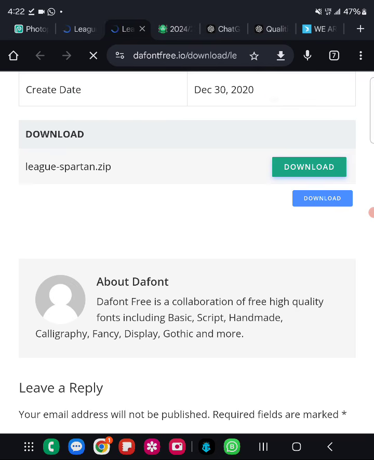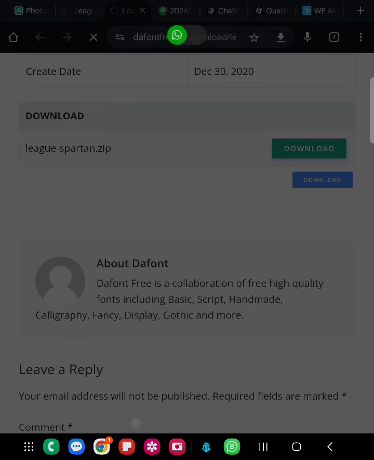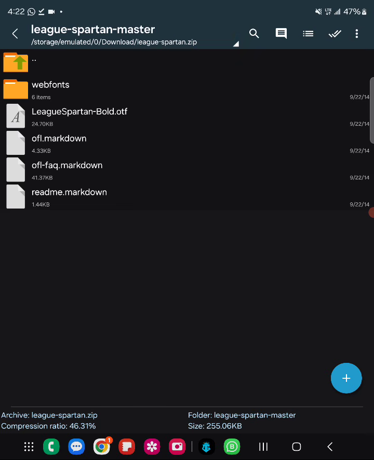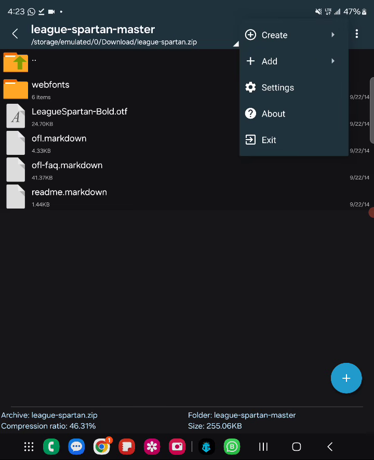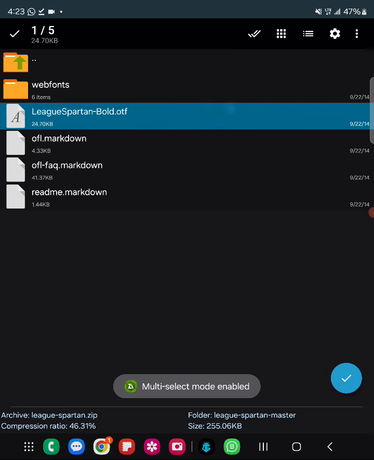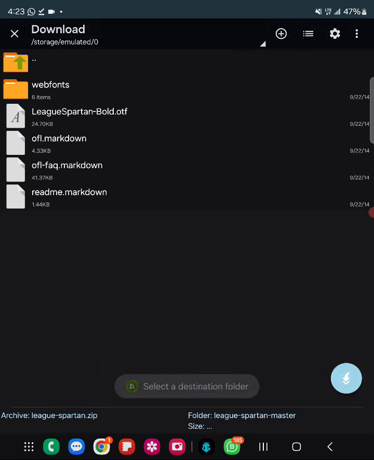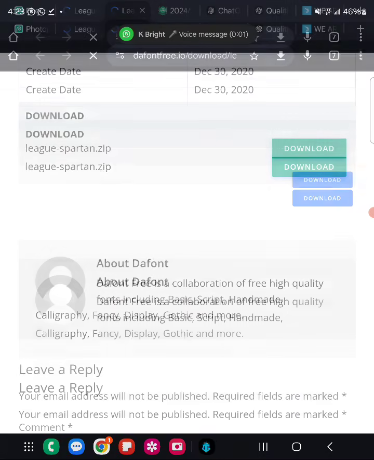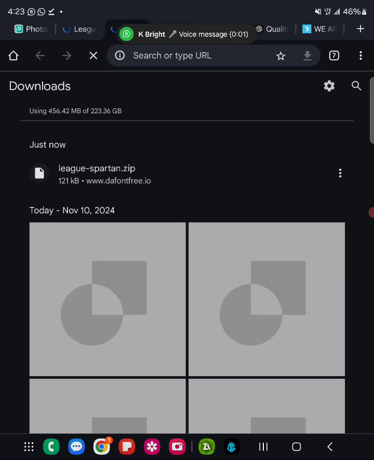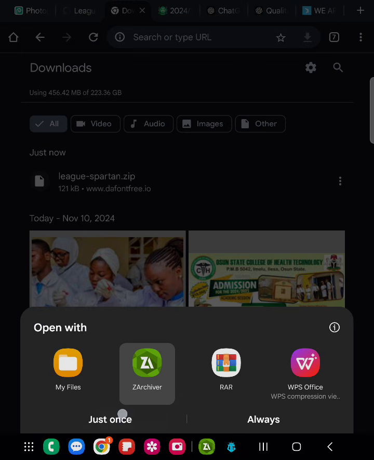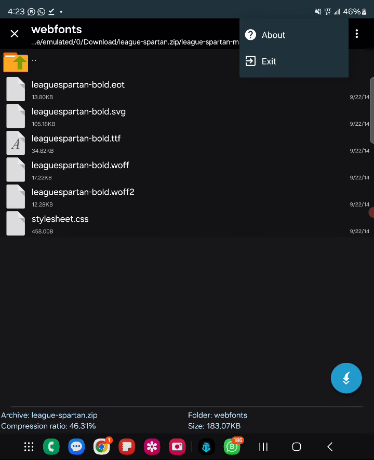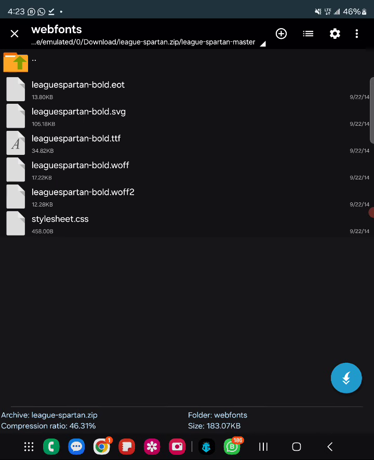So what do I need to do? As we just tap it, you need ZArchiver to achieve the stuff here. So what I will just do is select the one I wanted. Multi-select it if you actually want, and sometimes we might have more to that. So I just need to access it by going to download and clicking on Lexi pattern again. Go to the web font, so I'll be able to see everything here. Sorry. So once I see it here,